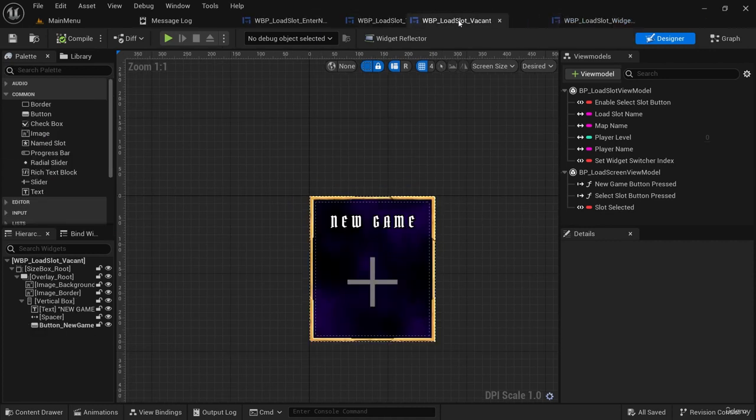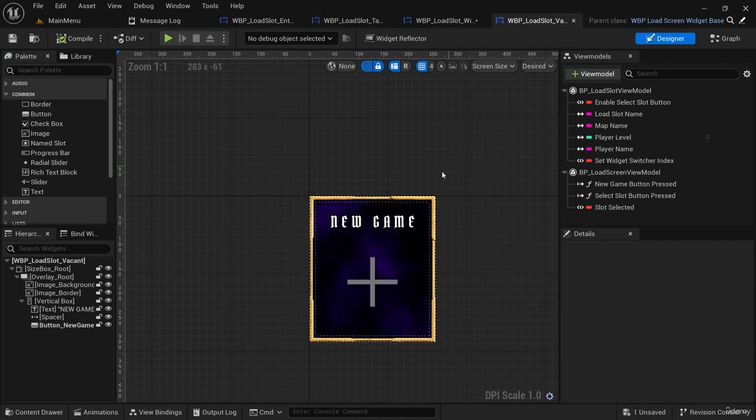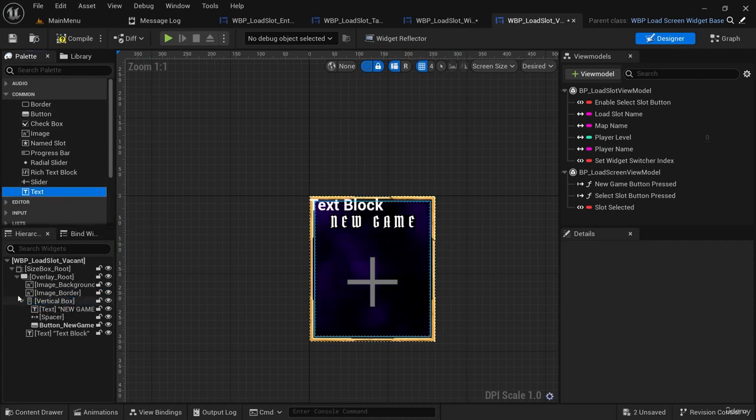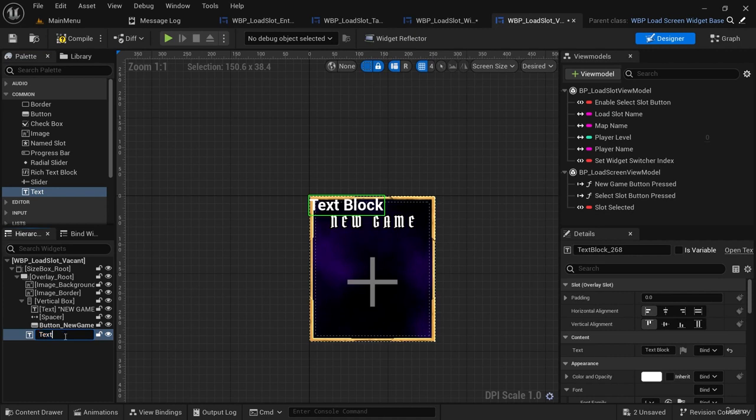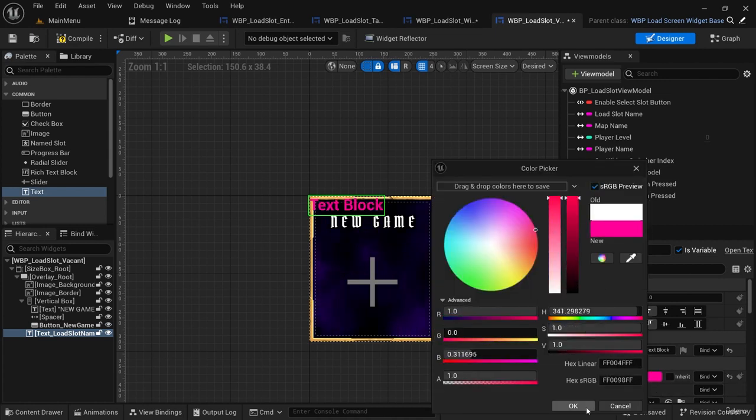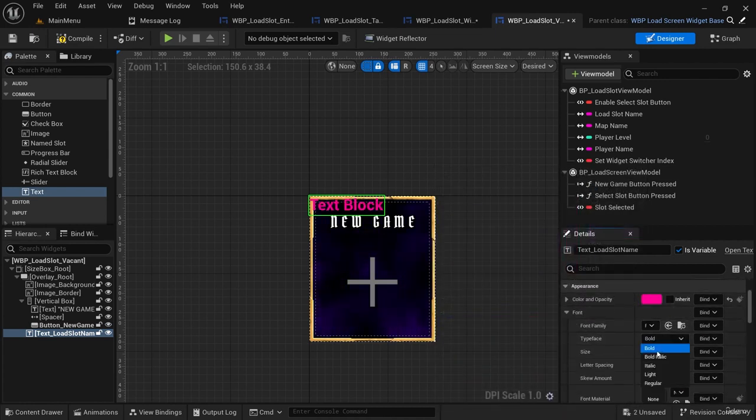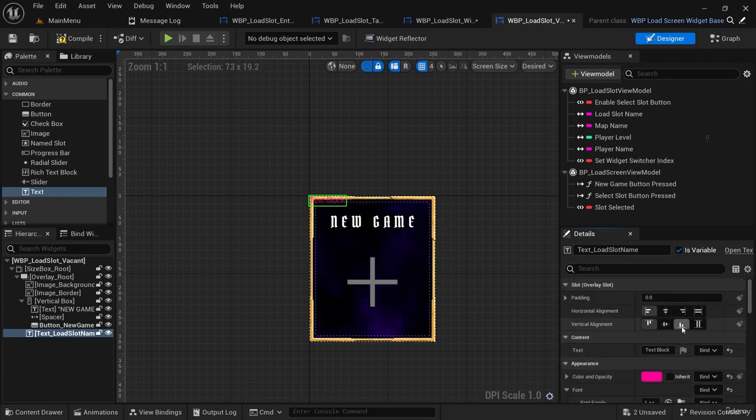And then I'll go to the vacant widget. So here in the vacant widget, I'm going to find text. I'm going to put it right here on the vertical box using that up arrow so it doesn't mess up my padding. And I'll go ahead and select that. Rename it to text underscore load slot name, check is variable, change it to a magenta color, change its font to light with a size of 12, set its vertical alignment to bottom so it's down there, and we'll go